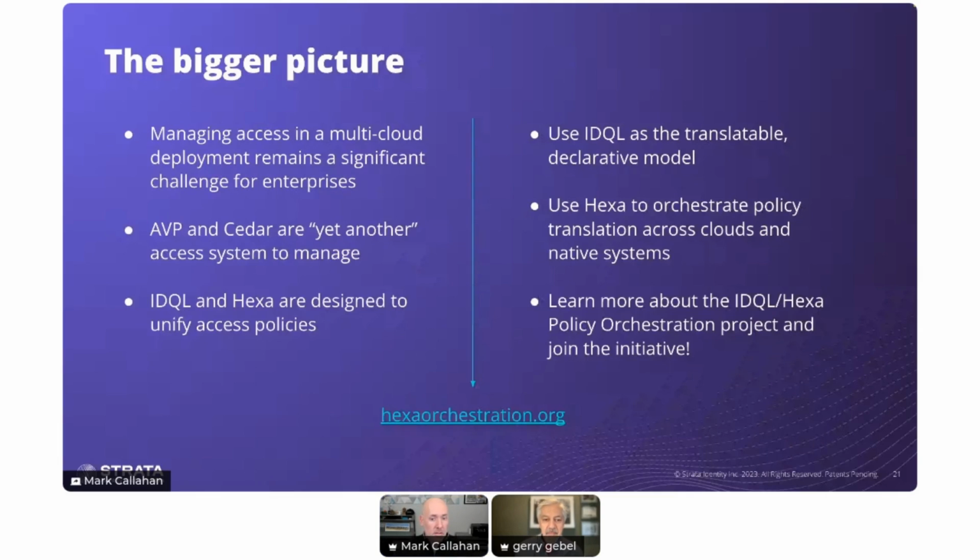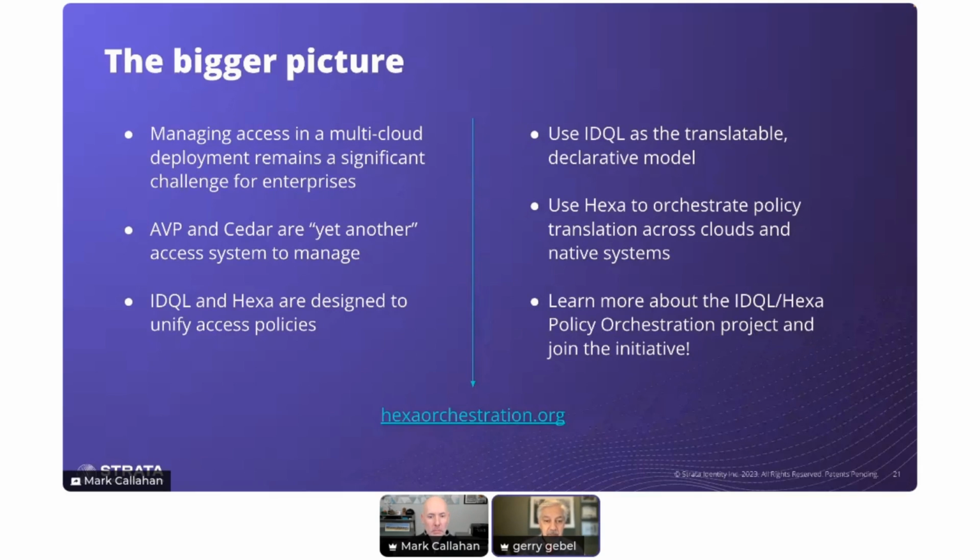Final thoughts? Yeah, I think one of the reasons we were so excited about hearing this announcement of Amazon Verified Permissions is that it really plays into the whole reason for the existence of IDQL and Hexa, which is to manage the disparate and proprietary policies scattered across the multi-cloud environment. That's the mission of IDQL and Hexa: to bring some normalization to that world and unify these systems.